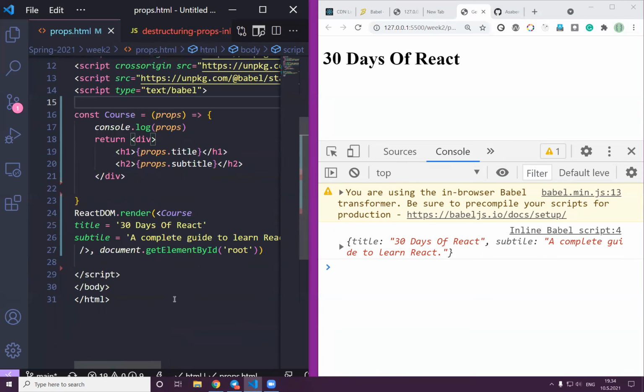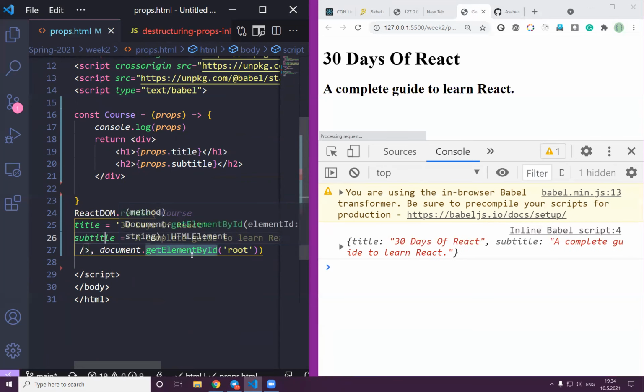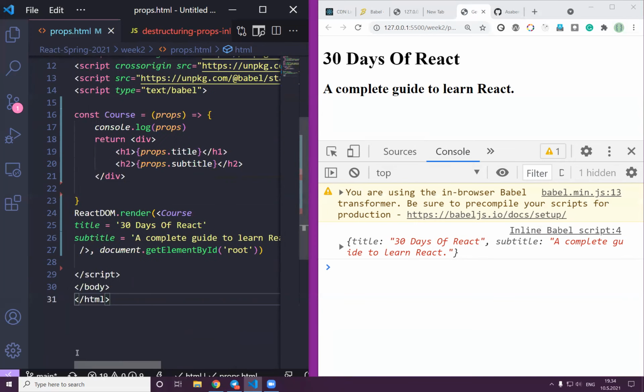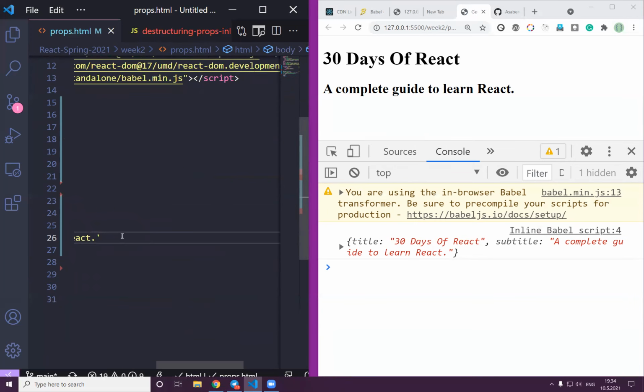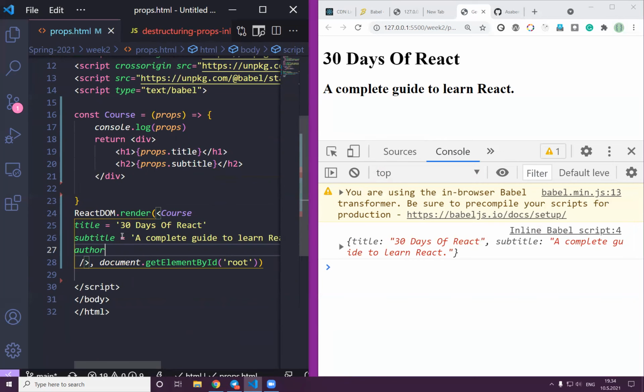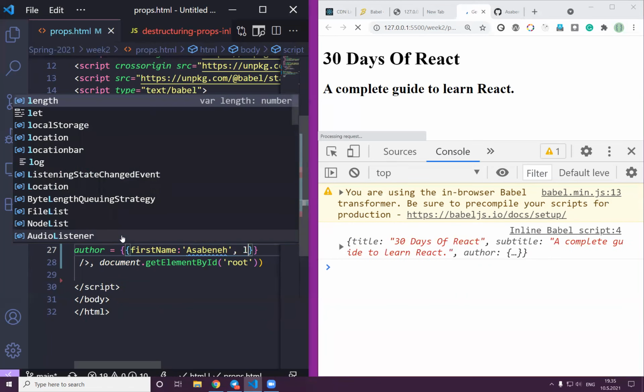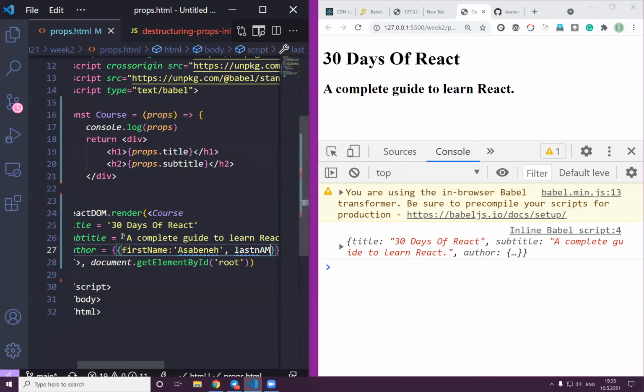Subtitle, why? It's subtitle, not title. In the React DOM render, there's a variable, yeah. Great. Now just to keep going, if you remember, I can say author and put it as an object. First name of the author is Sabine, and the last name of the author